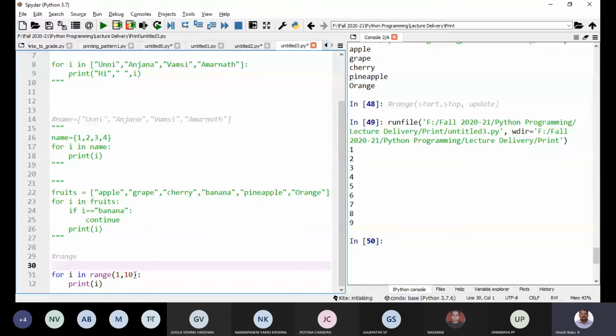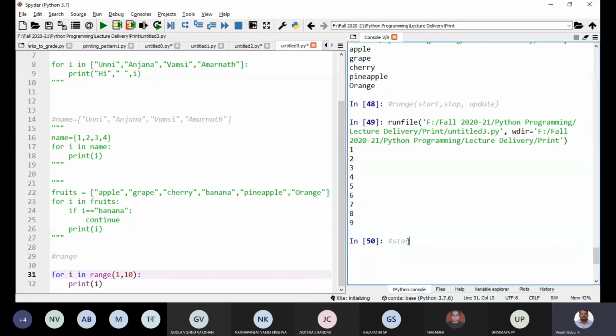Then the default increment is 1, so 1 becomes 2, then 3, 4, 5, 6. Surprisingly, it is not printing 10. You understand that the start index is inclusive whereas the stop index is exclusive.